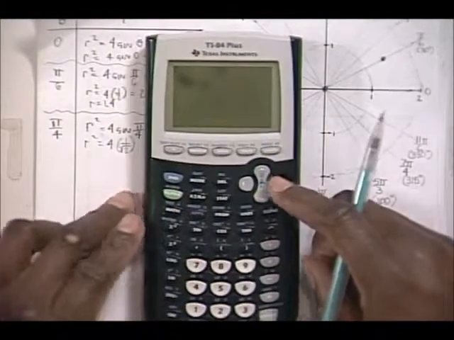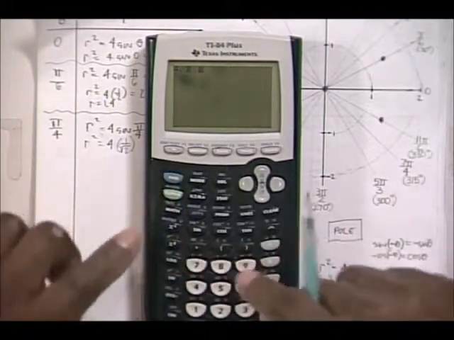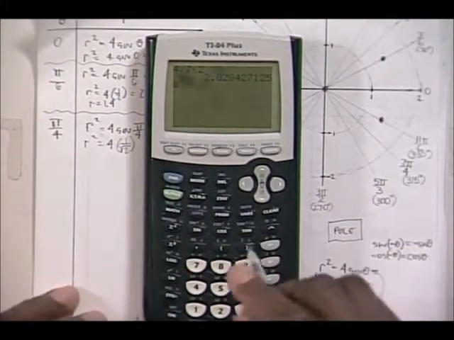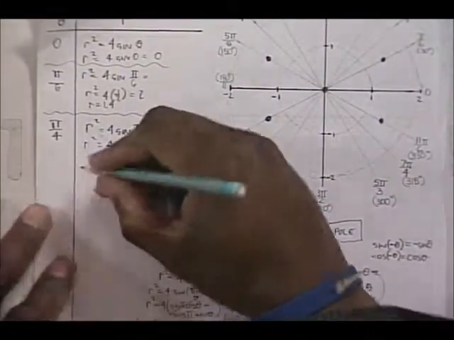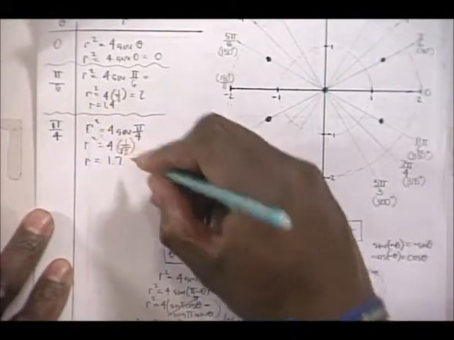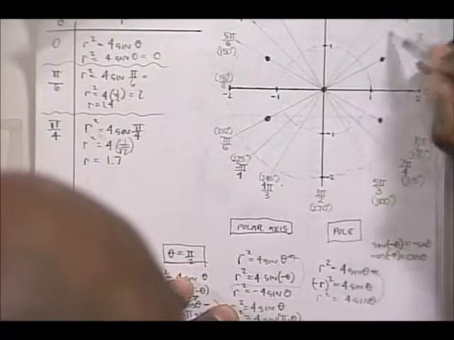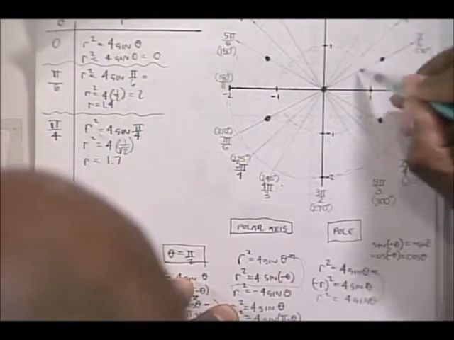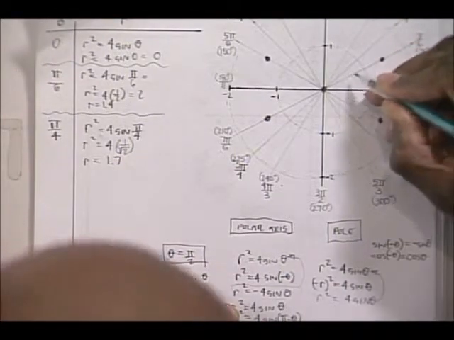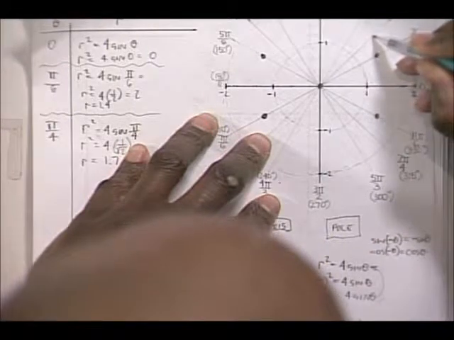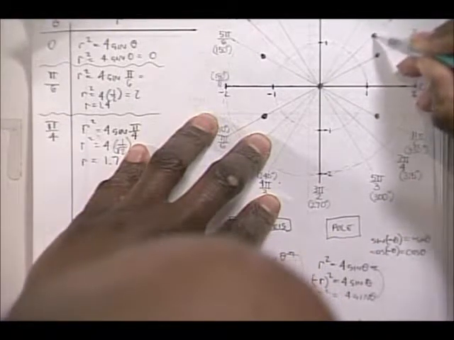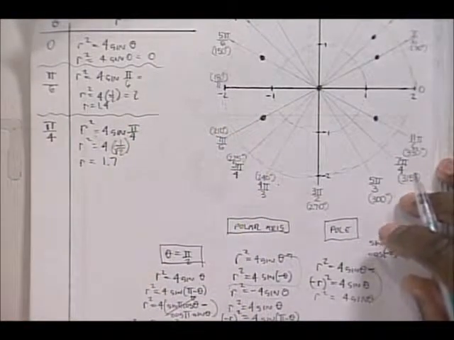We end up with 4 divided by the square root of 2, which is 2.8. You take the square root of that, and we get 1.7. So r is equal to 1.7. So you extend up an angle of pi over 4, and 1.7. All right. You get 1.7. Let's see here. It's about right here or so. About right there or so. All right. So now what you,